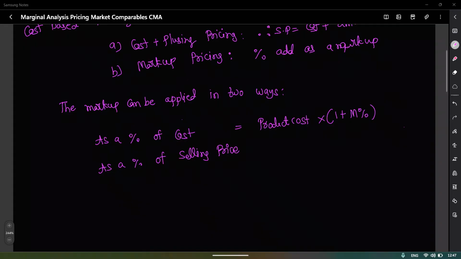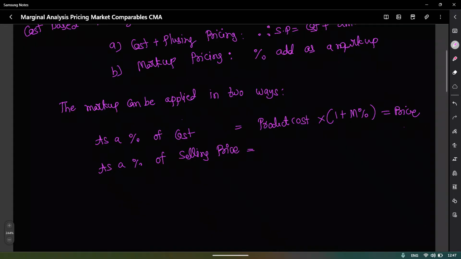So product cost into 1 plus markup percentage. One is the cost of the product plus adding some percentage. And the second one, the price we are calculating is equal to the price, as a percentage of selling price. We are applying markup in two ways. Now, the second way is